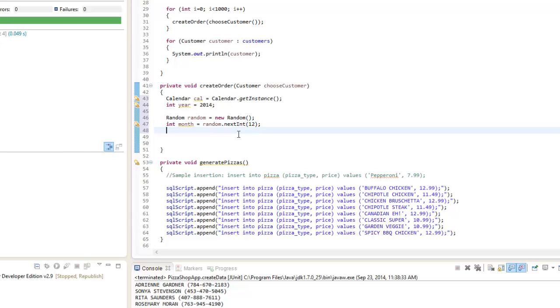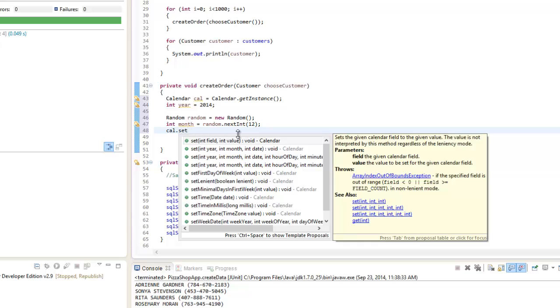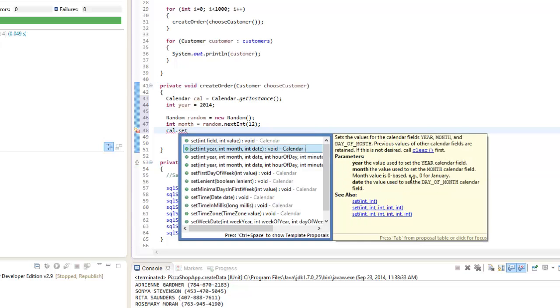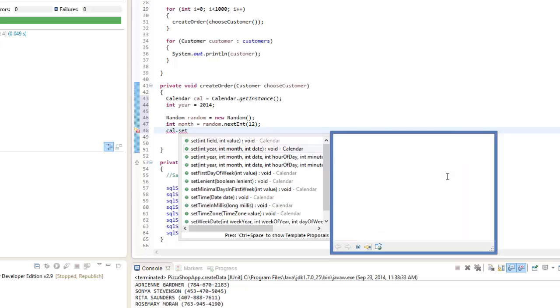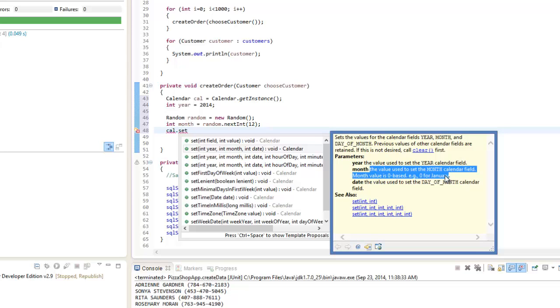That's always something that I'm not sure about. If we say set month, the value is used to set the month calendar field. Month value is 0 based, 0 for January. Okay, that's always a curveball that they throw at us. It's always 0 based for the month, but not for the day of the month or for the year, which is a little bit inconsistent. But in any case,